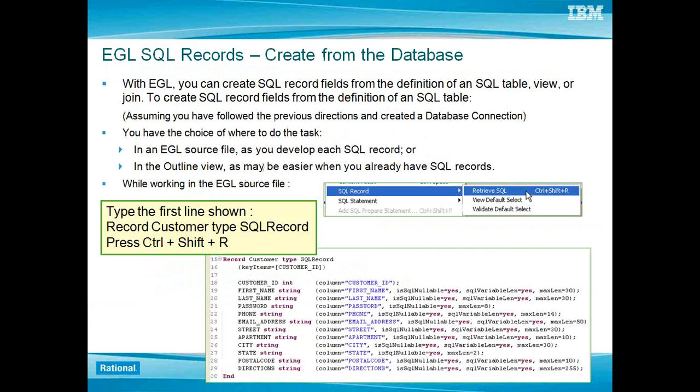Here we are trying to highlight, for example, that there are so many columns within your table, and you don't want to manually type in all the columns inside of your SQL record. Instead, once you have created your SQL connection with the database inside of your project, you only have to type in the SQL record